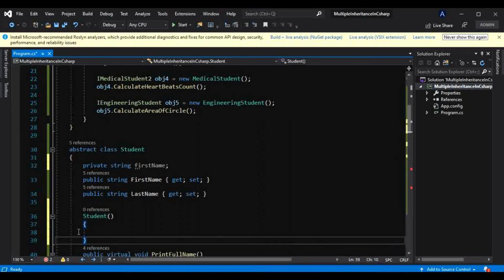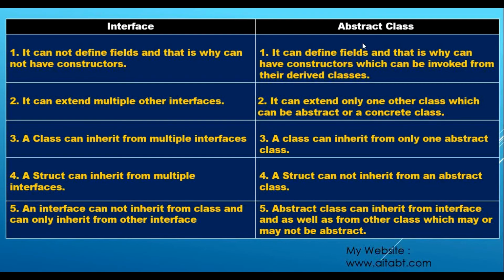Okay, but most importantly, it can have the constructor as well as fields, that is abstract class. And that's what the first difference says.